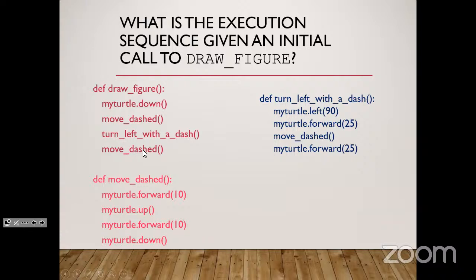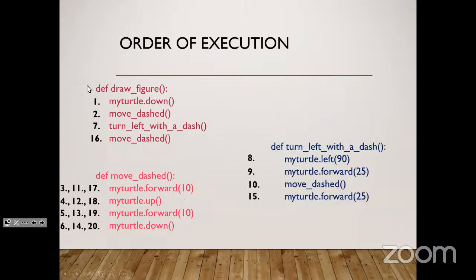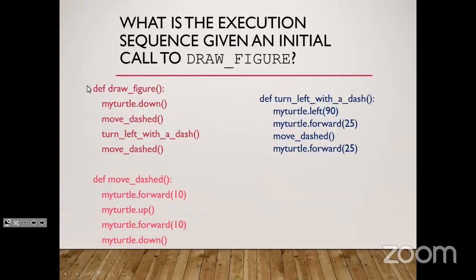All right. So we have three functions, right? And draw figure is going to call turtle functions, and then it calls one of the functions we created, which is absolutely legal as long as it's been defined before it's called, and they're all defined. So in this case, it's going to put the pen down. It's going to call this new function. So now it's going to jump down here and run these lines of code. And then it goes back up here and calls this other function, and it does these lines of code, which